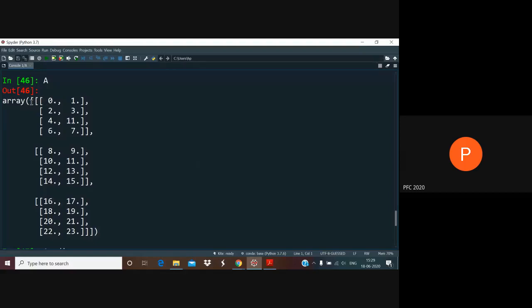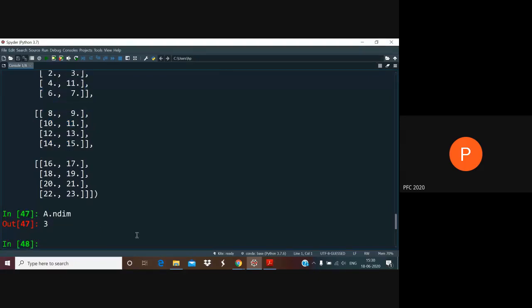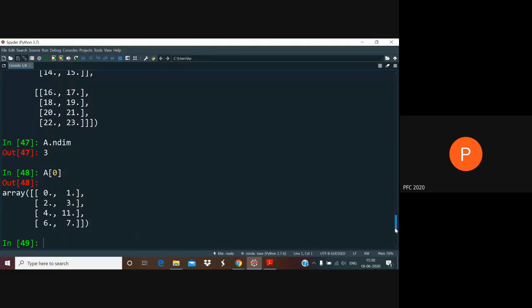And it's easy to notice from the number of brackets: we start with 3 brackets. Each element along the 0th axis is actually a two-dimensional array. This one is the first one, the 0th one. This is the 1st one. This one is the 2nd one. Each of those is actually a 4x2 array, and the 1st axis would be these 4 rows, and so on. So A0 is the top piece and so on.